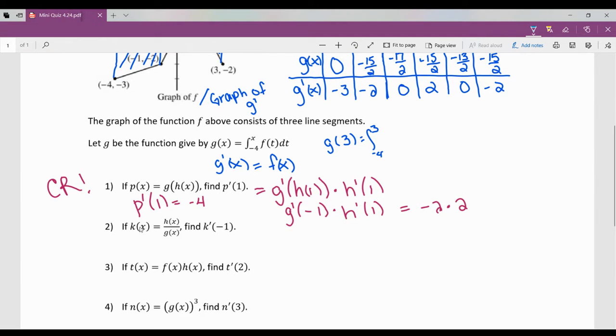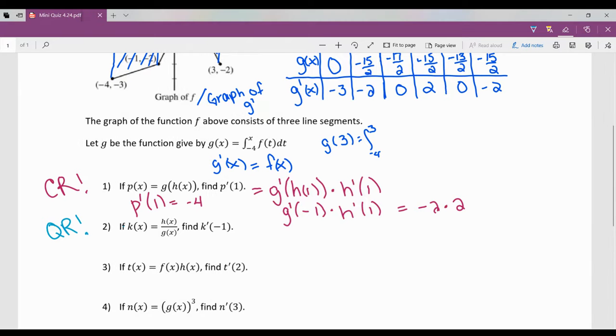All right, so we have K of x equals H of x divided by G of x. So that is the quotient rule. Be careful here, don't do the product rule. That's a common mistake on that part, and I've done it in the past too myself in my work. So just be careful, guys, that we do the quotient rule. So the quotient rule is